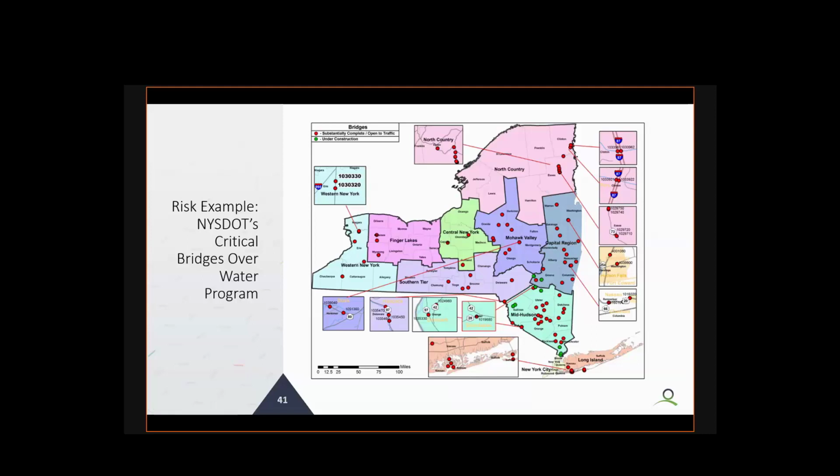So the agency realized they had major scour concerns. They identified 106 bridges that needed to be hardened or replaced with a more hardened structure to prevent against scour. And they made a pitch, if you will, to the federal government for additional funding, and they were able to